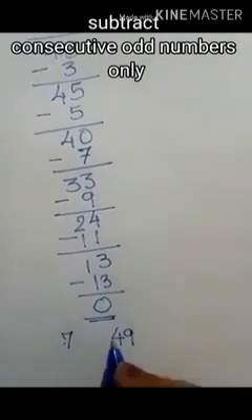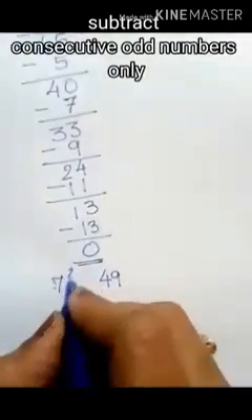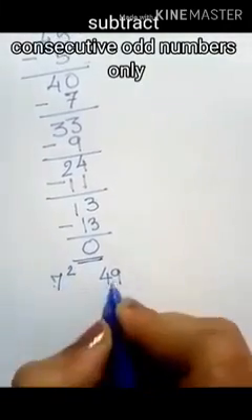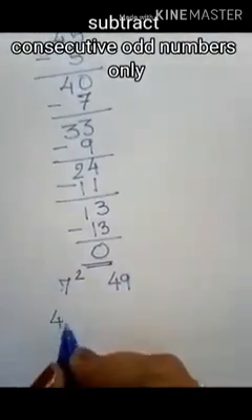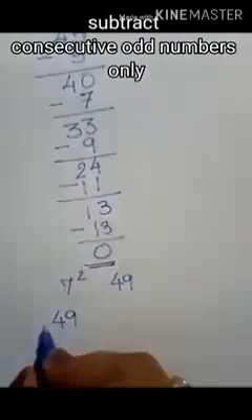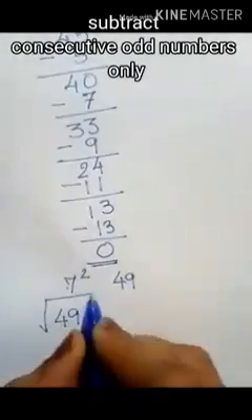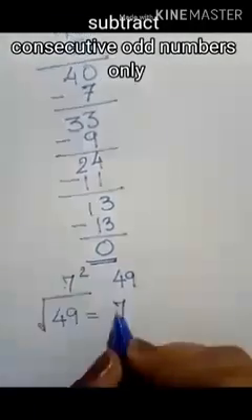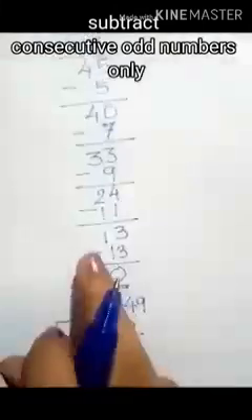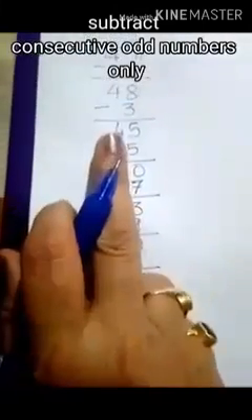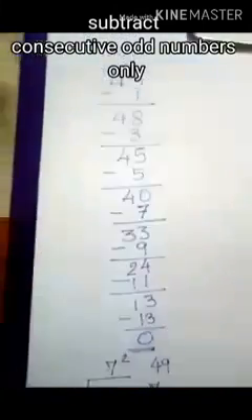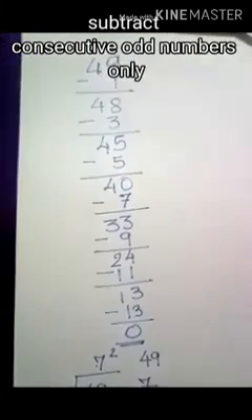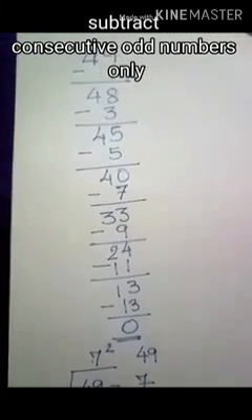Or we write like this. This you have learnt earlier. 7 square is 49. Now we are finding the square root, and this is the symbol of square root. So the square root of 49 is 7. Why 7? Because we did subtraction 7 times. Okay. So this is the repeated subtraction method, but this method cannot be used for big numbers.